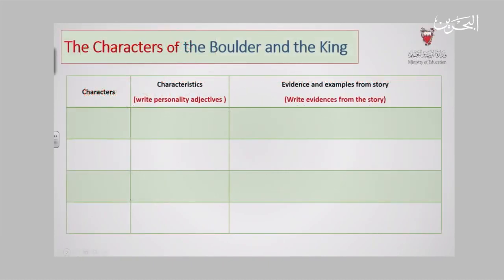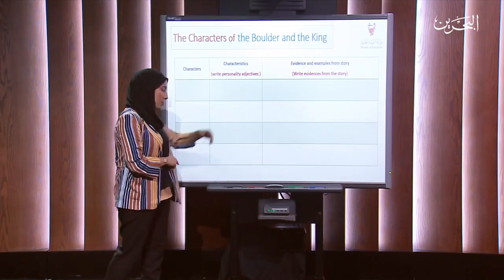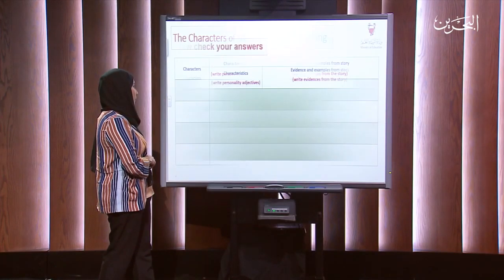Now, for example, for the boulder and the king, there were 4 main characters. So what I want you to do is recall the 4 characters and give me the characteristics of that character with the evidence. What do I mean? For example,